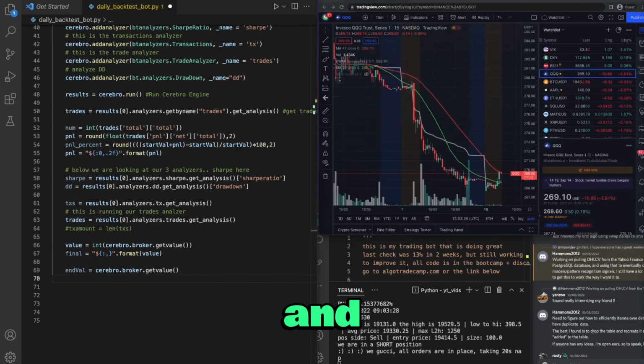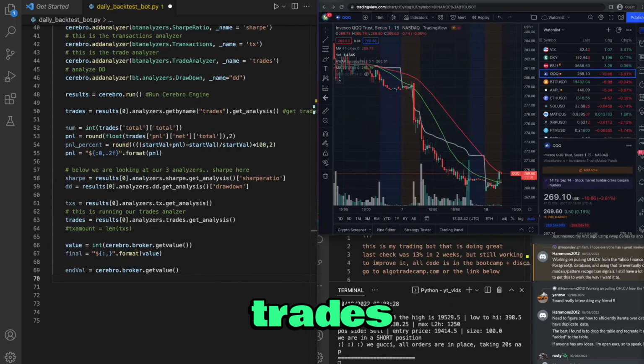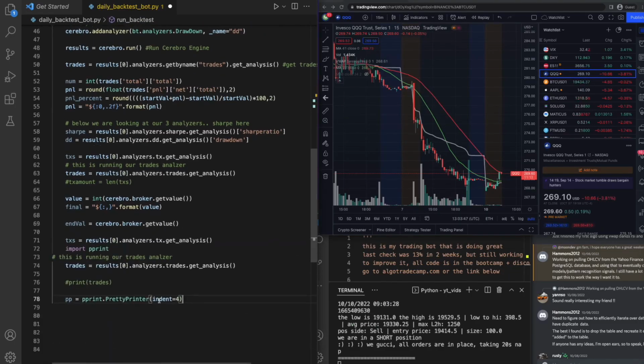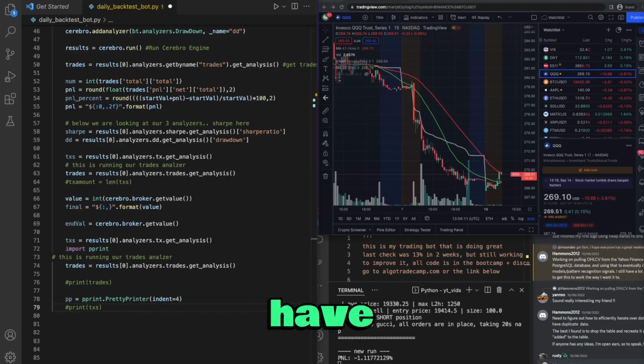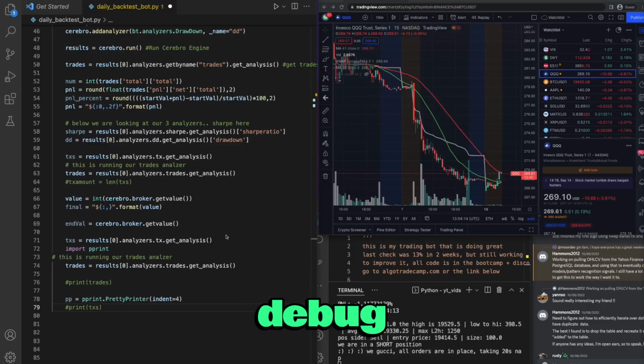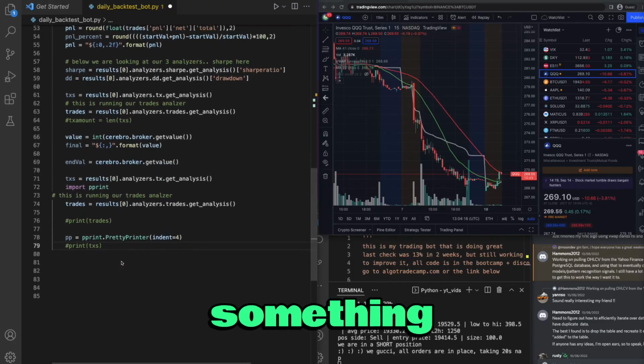And we have the end val. And now we want to get the transactions, trades, and we want to pretty print it. And I actually will mark that out for now. But this is just a way to easily see all of our transactions. You can see I have it over here, but I'm not actually using it. So I'm just setting it up in case I do want to be able to see the actual transactions here. Well, I can do that later. But in this case, I don't really care about the transactions. I just have that there in case I want to debug, or since you're watching this, in case you want to debug something, you want to see the actual